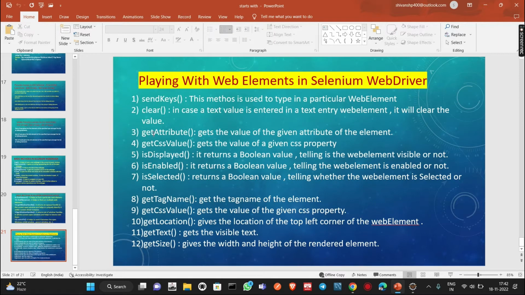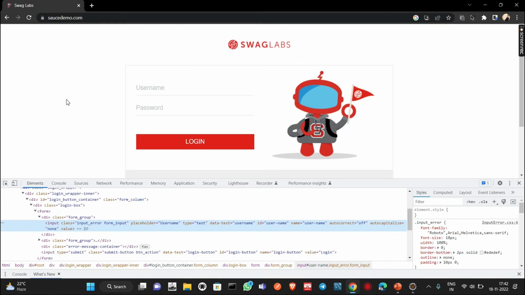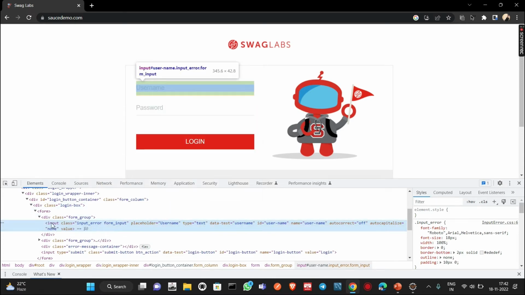The third method is getAttribute. It gets the value of the given attribute of the element. Let me show you. If you inspect this particular username, this is the tag, and these are the attributes. Class is an attribute, placeholder is an attribute, type is an attribute, data-test is an attribute, ID is an attribute. If you want to get the value of any attribute, you can use getAttribute. Username is the value of the placeholder attribute, input_error form_input is the value of the class attribute, and so on. So let us get the value of